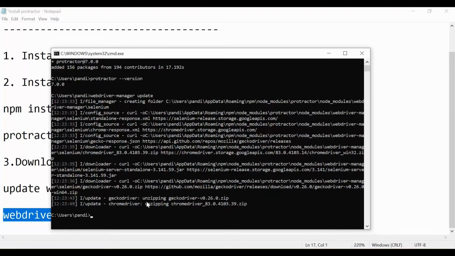Okay, so by default, as you can see, it has downloaded the Gecko driver and Chrome driver. I will show the folder.